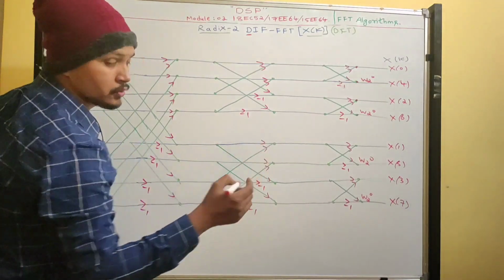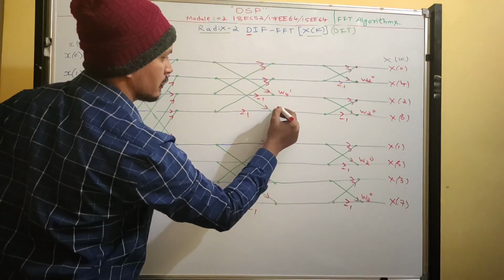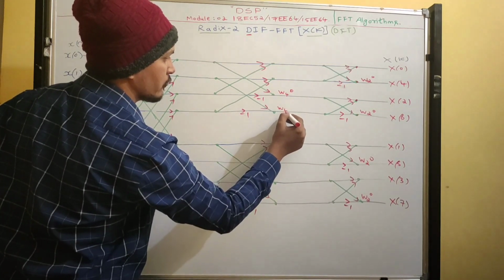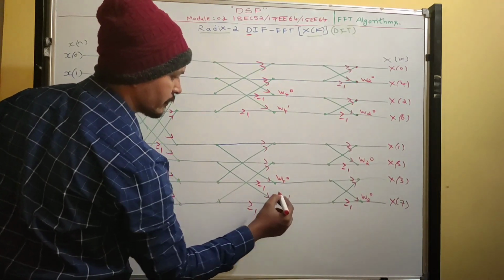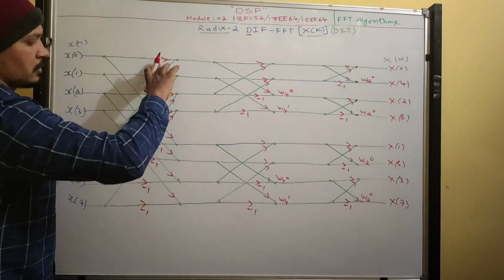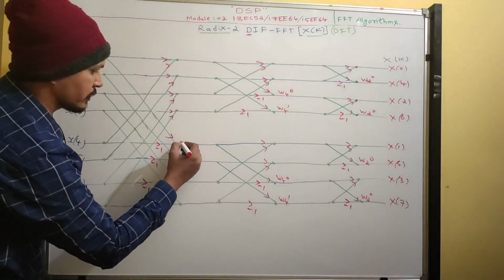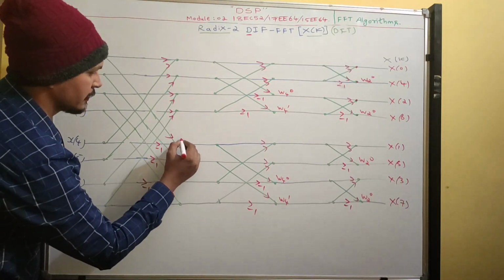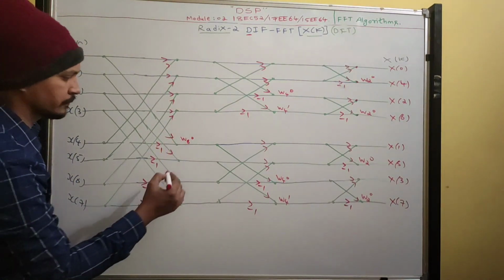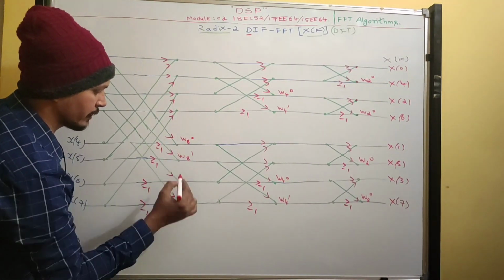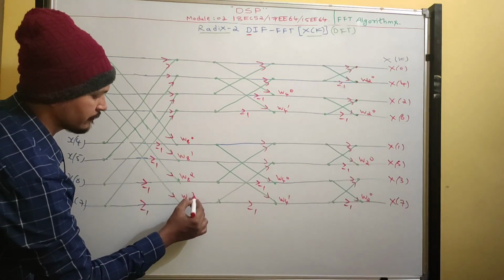Now it is 4 point. You should write twiddle factor where minus 1 is there. So W4 power 0. W4 power 1. W4 power 0 and then W4 power 1. Okay, now in this 8 point butterfly, top 4 you leave it, bottom 4, where minus 1 is there, there you write twiddle factor. In this line, minus 1 is there, right, 8 point, now it is together. So W8 to the power of 0. Next, W8 to the power of 1. So W8 to the power of 2. Then W8 to the power of 3.